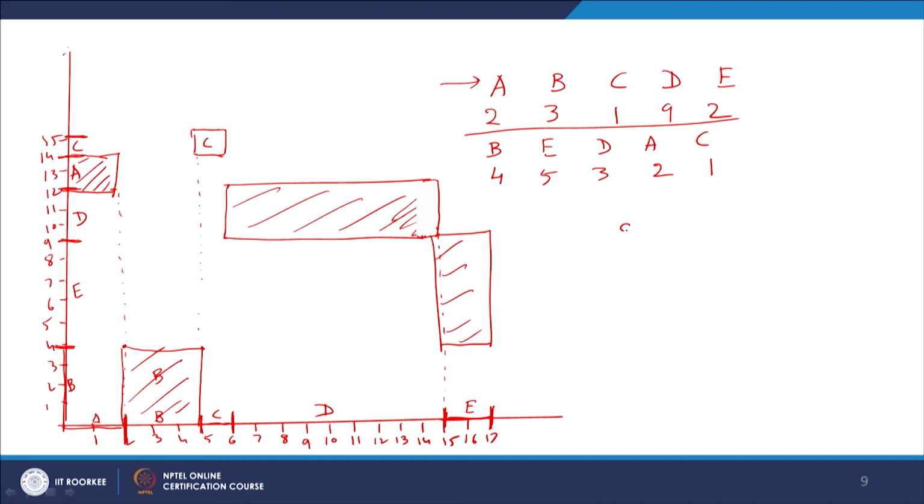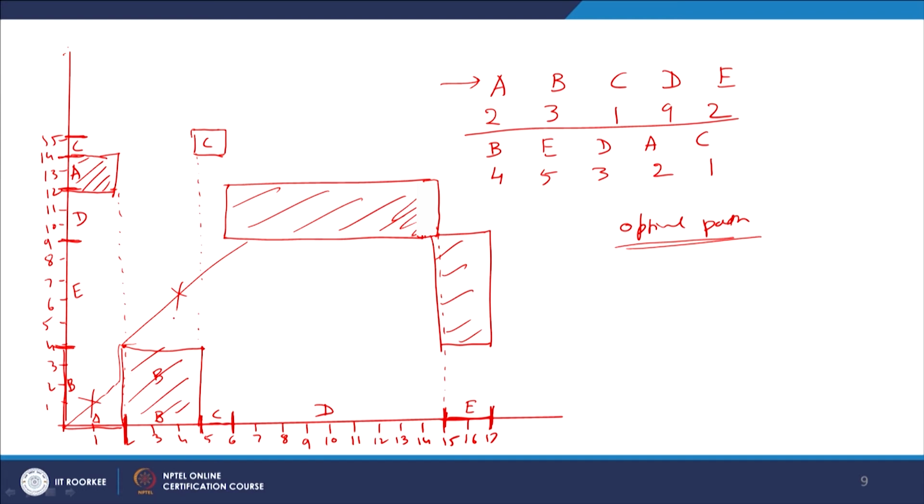Now, the question is how to find the optimal path. Now, in order to find the optimal path in this particular problem, there are many ways in which it can be done. So, what do I mean by saying that there are many ways? As I told you that we have to make sure that the optimal path is obtained in such a way that maximum diagonal movement is done. Now, suppose I take the diagonal movement over here, then this is not going to give me the optimum path. And similarly, if I take another movement over here and I go like this, then also this will not give me the optimum path.